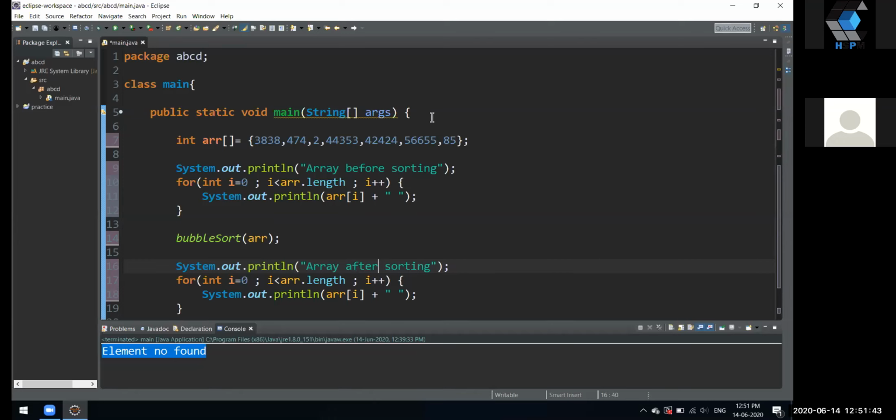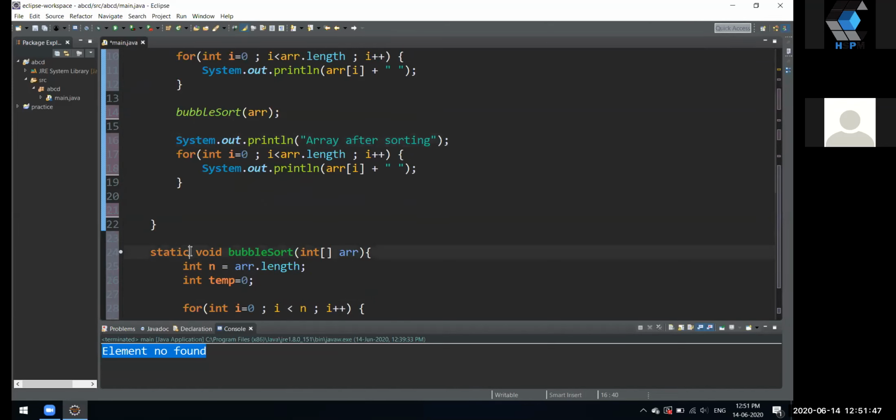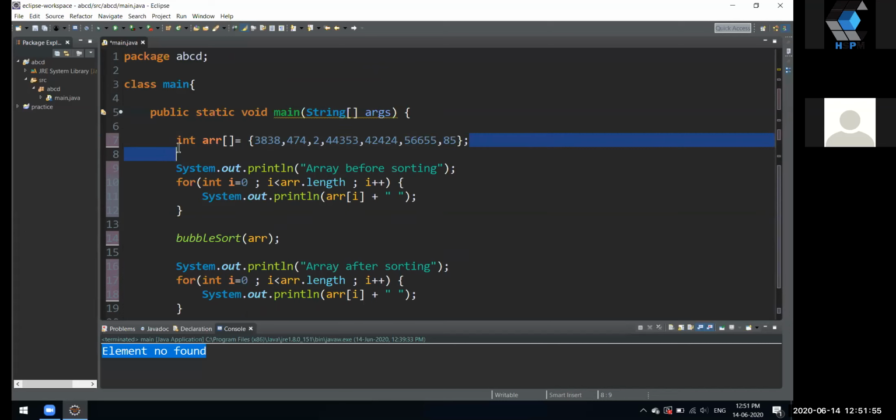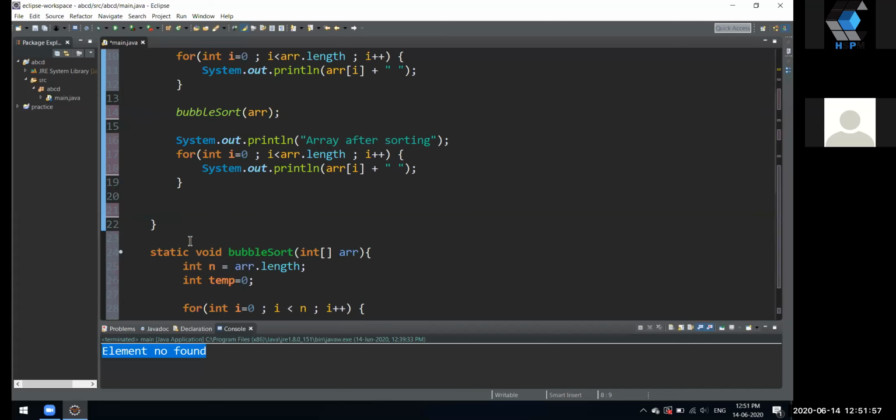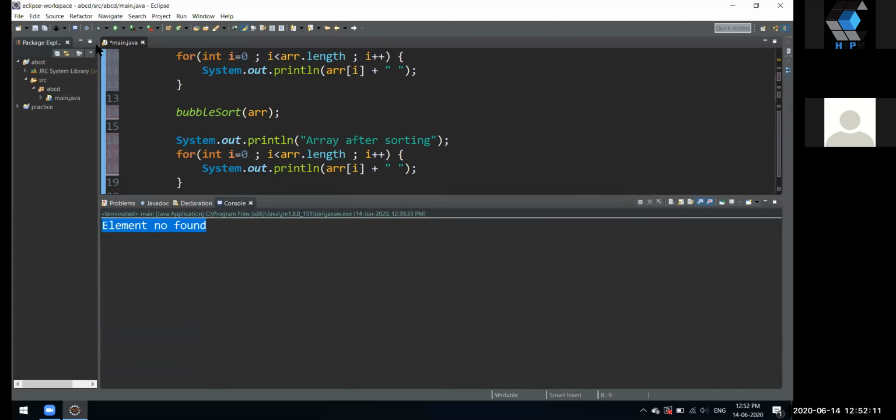After sorting. So yeah, this is clear. Okay, what we are doing is we have a static method. If we don't have a static method, this could have printed this array again. That's why I made that method static, so that it has that kind of one copy storage. Okay, so yeah, let's just try running this program. What we get, then I'll tell you the logic behind this.